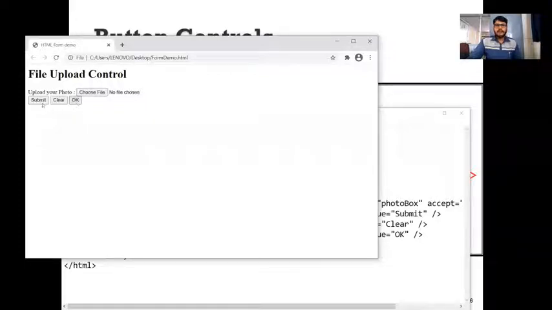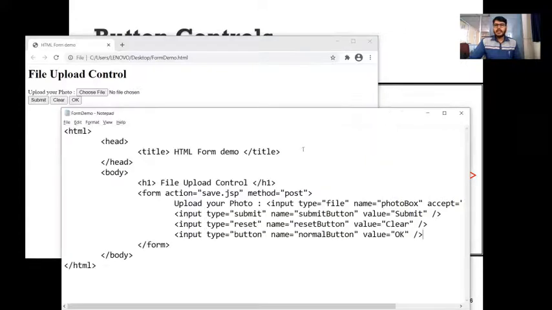The first one is the submit button. Whatever data we entered in the form elements will be submitted to this particular URL. As you can see here, whatever URL we specify in the action attribute, the form details will be submitted to that particular URL. Please try to remember, that's why we are using the action attribute. And in this URL, we are going to implement a server-side programming language, and by using that language, we will implement the business logic, what it has to perform.